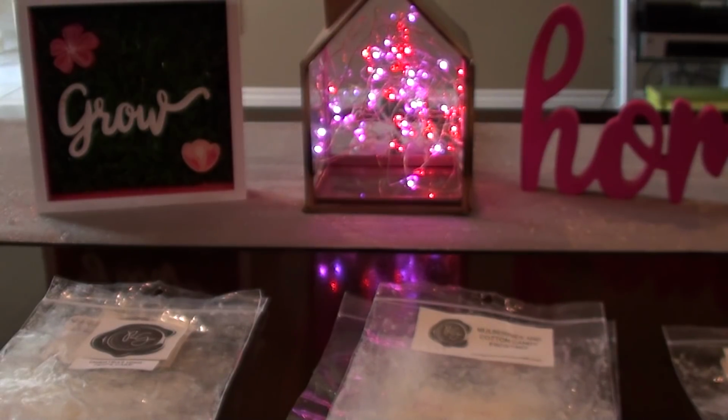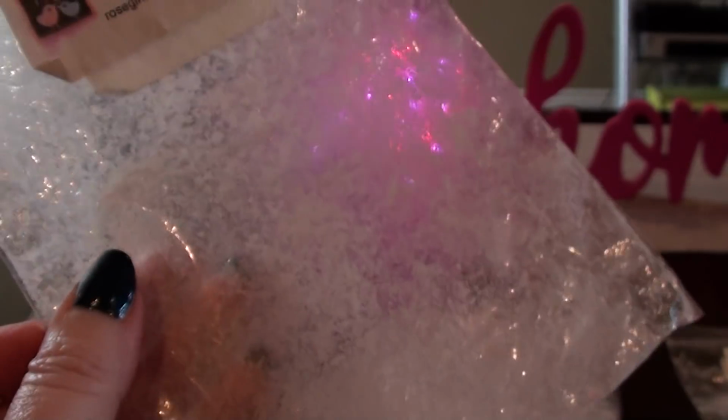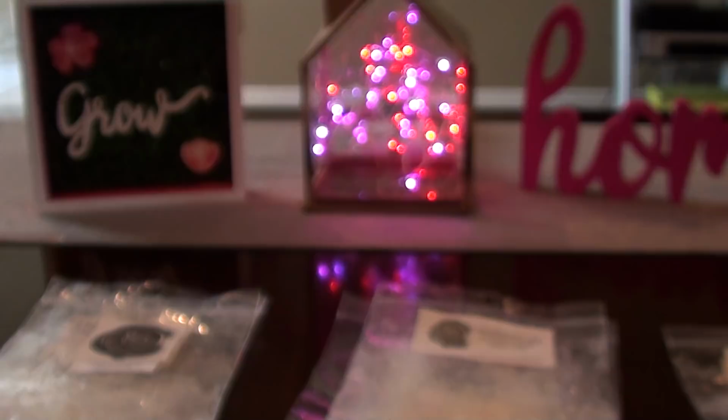Okay, this one I expected to really like. This is Enchanted. You can see this was also from a D-stash. And I put it's Sweet Lavender, Macintosh Madness, French Vanilla. If I remember, the throw on this was medium. Like, I remember I couldn't smell it that great, so